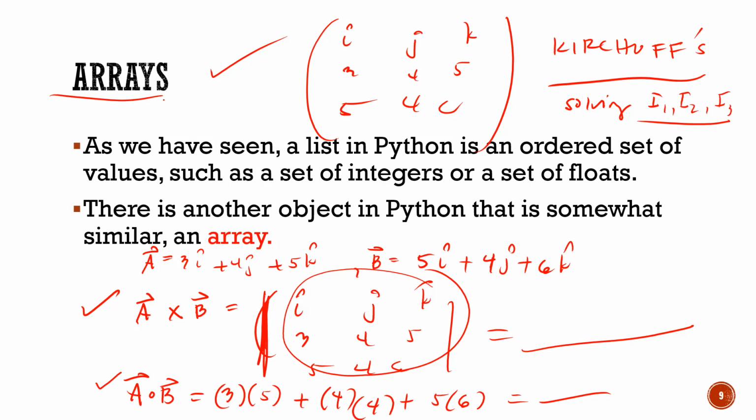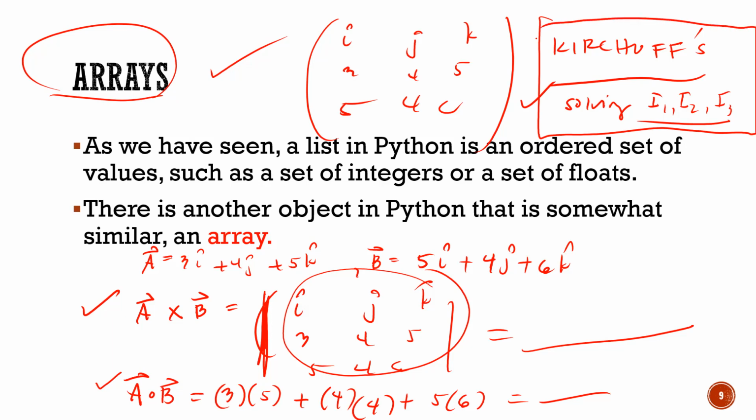But if you use arrays, I can solve this system, this Kirchhoff's problem, in just a few lines of code. Okay? A few lines of code. So you no longer need to use the elimination method and substitution method. Just use arrays in Python. You have to code arrays in Python in order to solve this I1, I2, I3. So let's solve that one later. But first, the most important thing about arrays compared to lists,